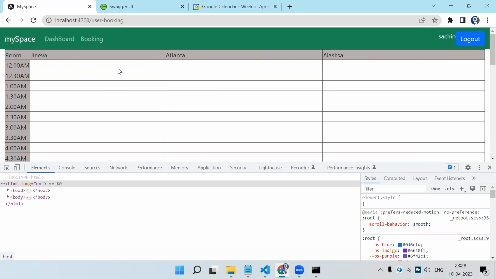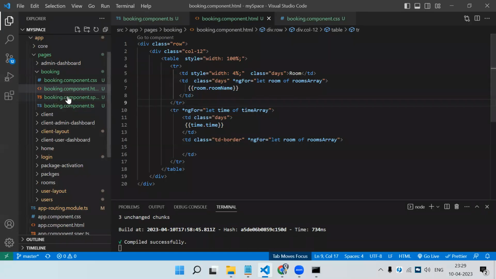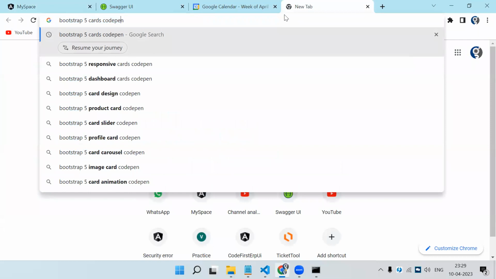So now the thing is, we have just 3 rooms. So if I click over here, right? Whatever booking we are going to do, we are just going to display the bookings over here. So now let's create a booking form. For the booking form, we are going to use the modal pop-up. So Bootstrap modal pop-up, we will use Bootstrap 5